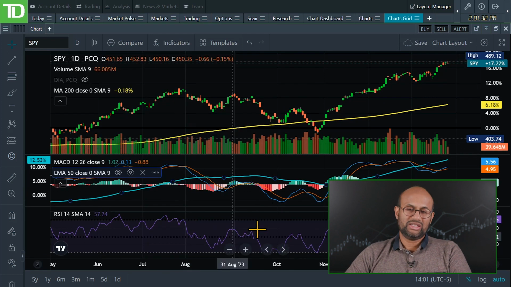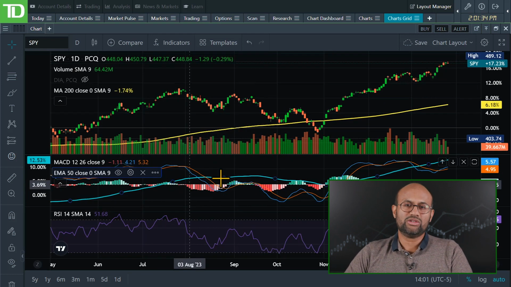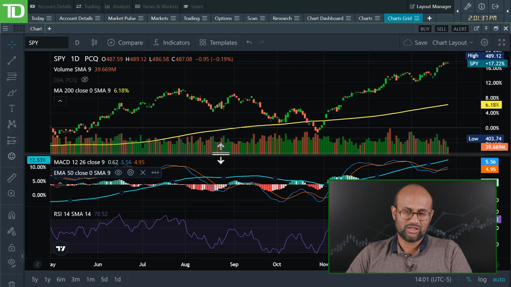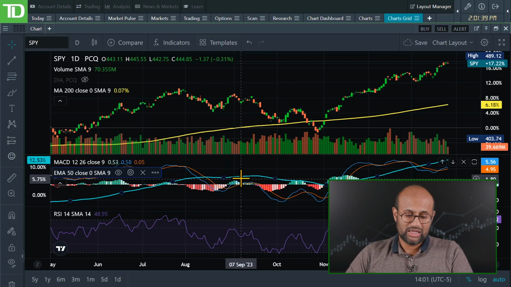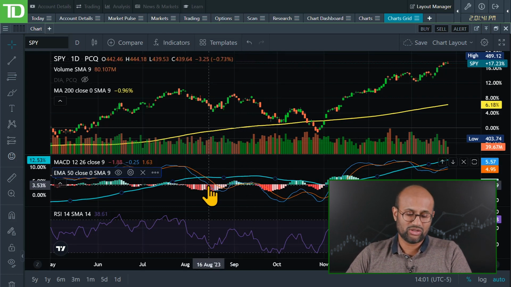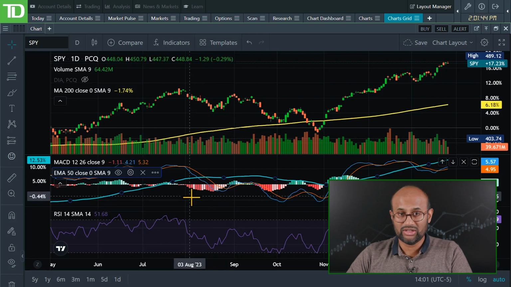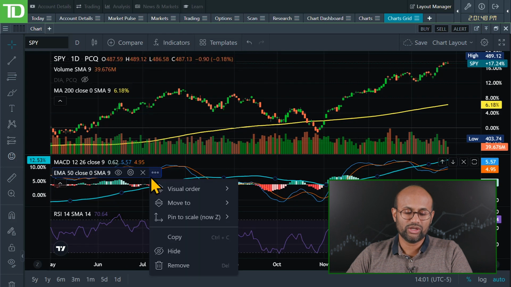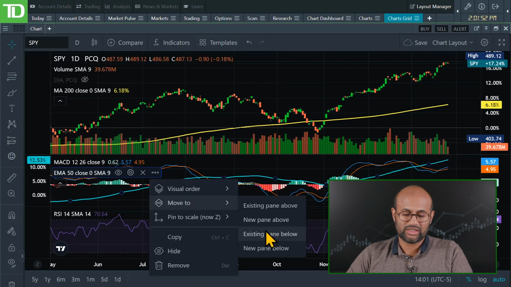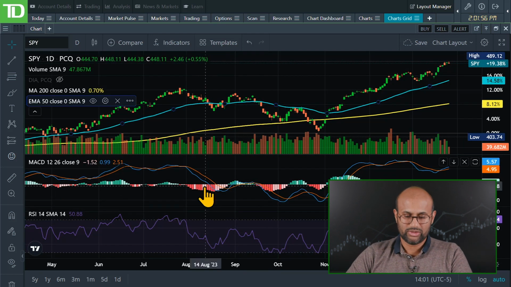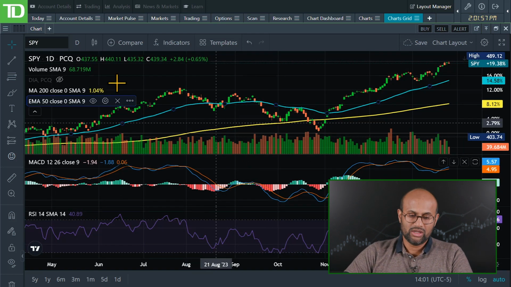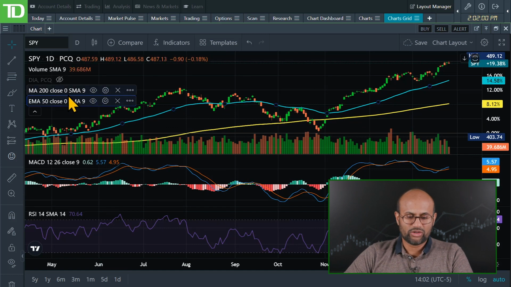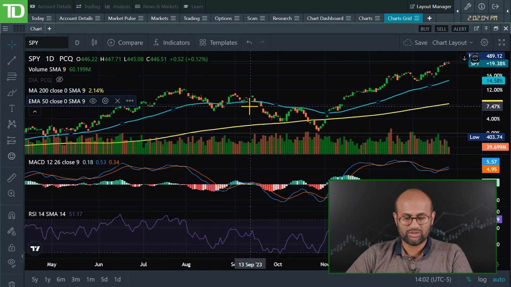All right. So what that does is you can now integrate it within that lower study as well. So if you wanted to do any sort of additional studies on the indicators or oscillators that you have, you can also drop them in there in that manner. Okay, so we're going to put it back in its original spot, the existing pane above, and there we go. It's back and slotted in where it should be. So keep in mind, all of these have settings, so do check those out whenever you access them to change those inputs and